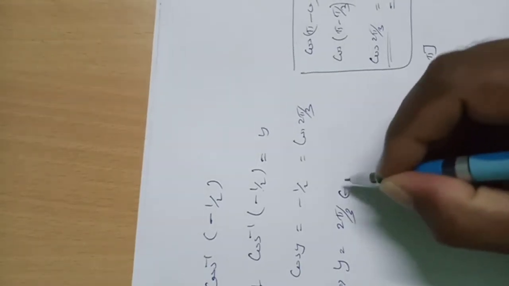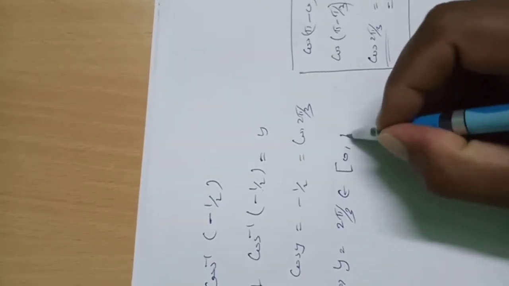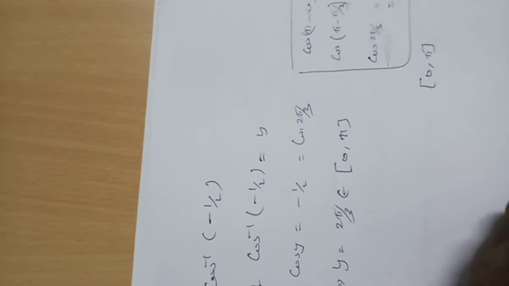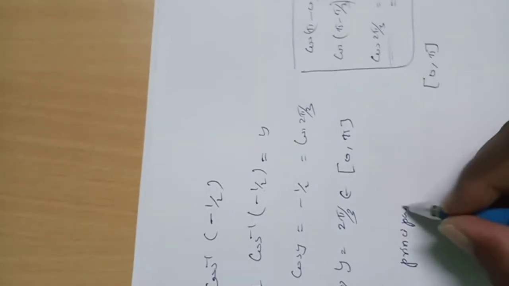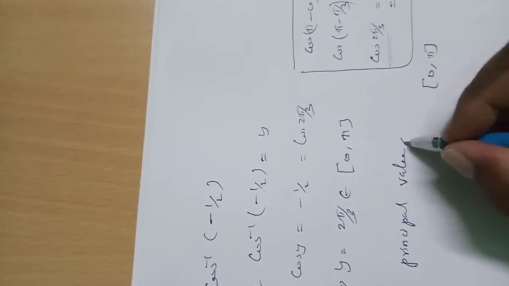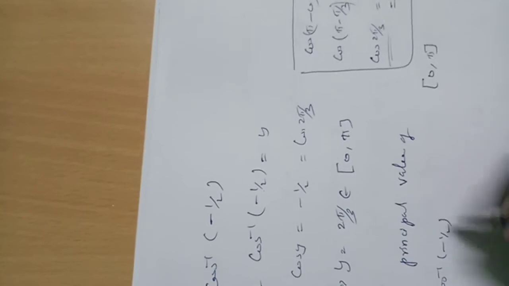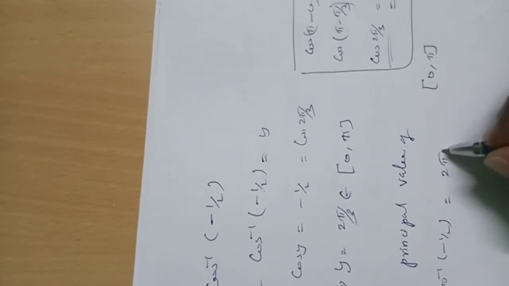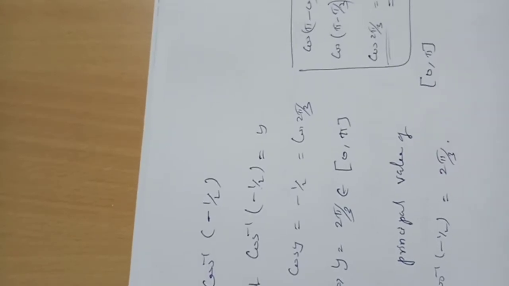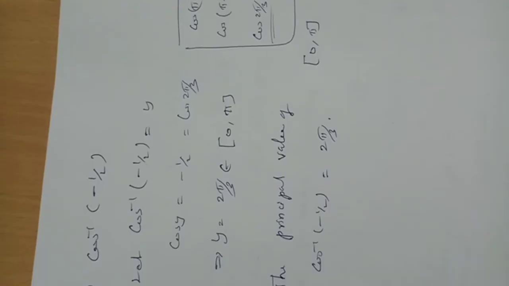So this belongs to the interval 0 comma pi. Therefore, the principal value of cos inverse of minus 1 by 2 is equal to 2 pi by 3. Now the sixth problem,